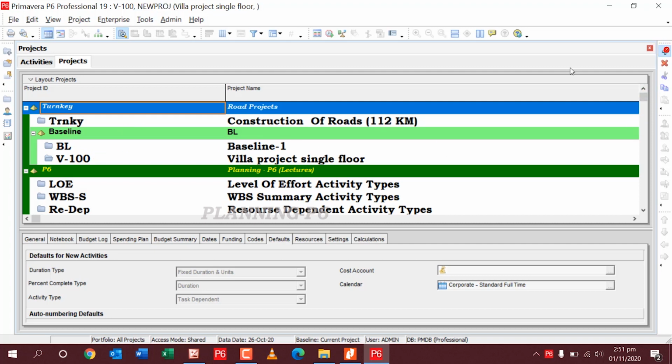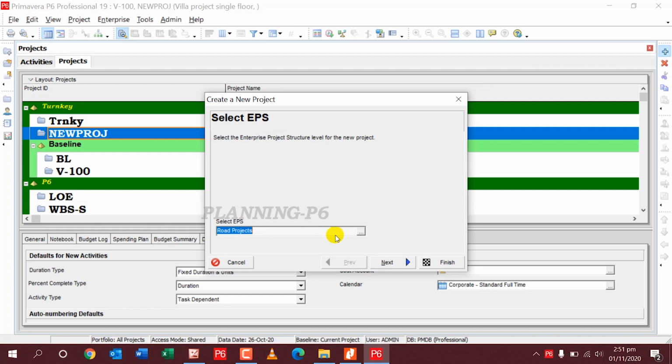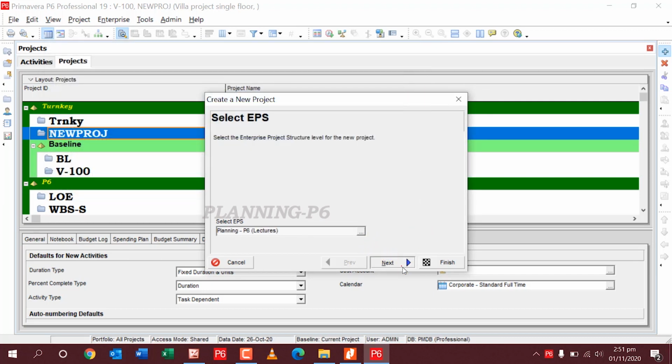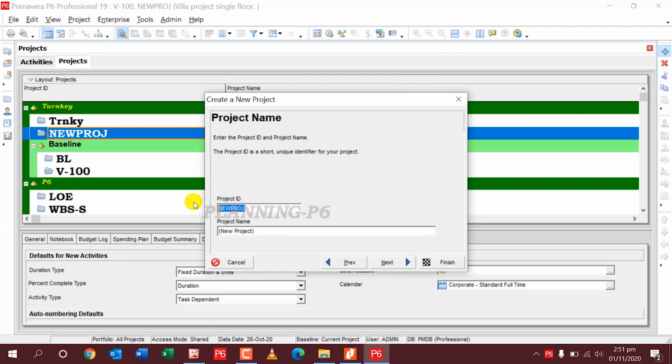This one is not a road project, so I will just create a Primavera P6 lectures here, and then go for project ID. This is boiler foundation BF, BFW, boiler foundation work.